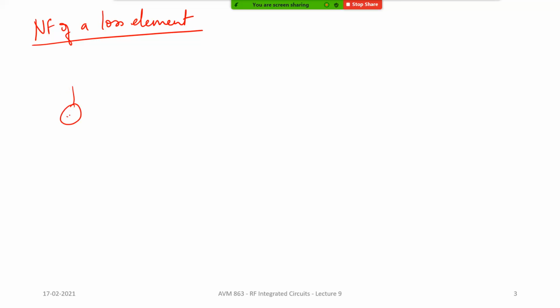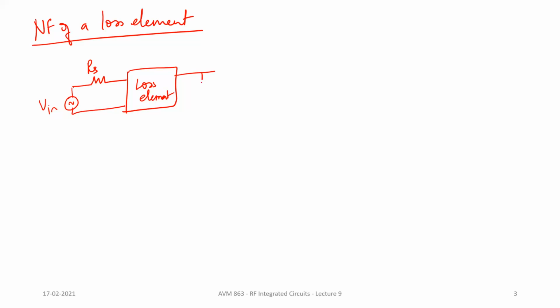The way we can model this and take a look at it is basically to say you have a 2-port network. So this is V in, you have RS, this is your lossy element, okay, and then you